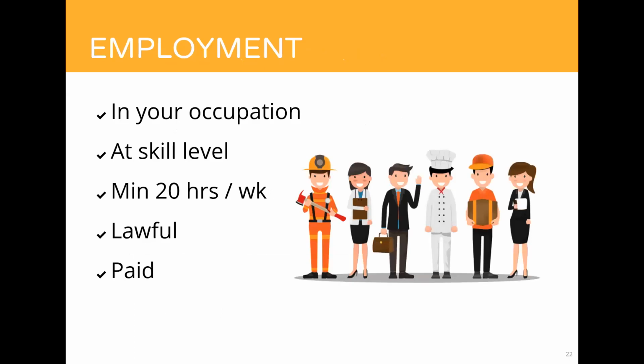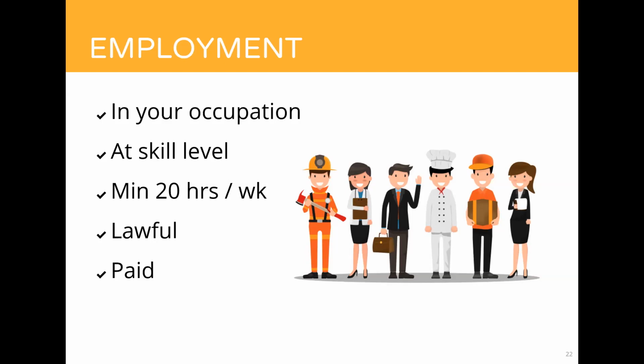Now, points are available for employment with stronger weighting given to employment undertaken in Australia than overseas. And your employment must meet each of these requirements. So the first one is that it's in your nominated occupation or in a closely related occupation. So you've nominated your occupation and obtained a skills assessment. Now that occupation has a 6-digit code associated with it. So if you want to claim employment, you must have worked in either that 6-digit code or in any occupation that has the same first 4 digits.